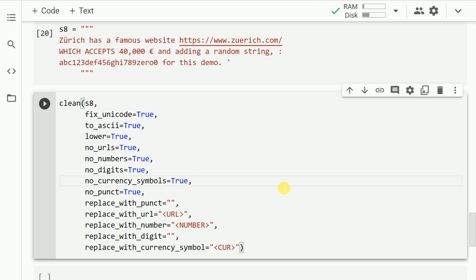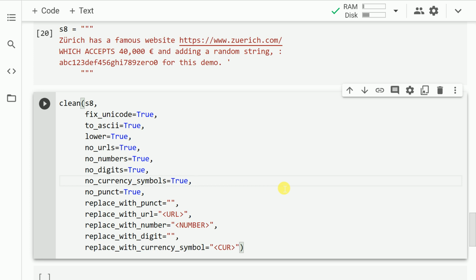Now the things that I want to achieve out of the clean function: I want to fix all the Unicode values that are there. I want to replace all the URLs with the URL symbol. I want to lowercase the entire string. I want to convert the currency from euros to the variable CUR. I want to remove all the numbers that exist in the string.